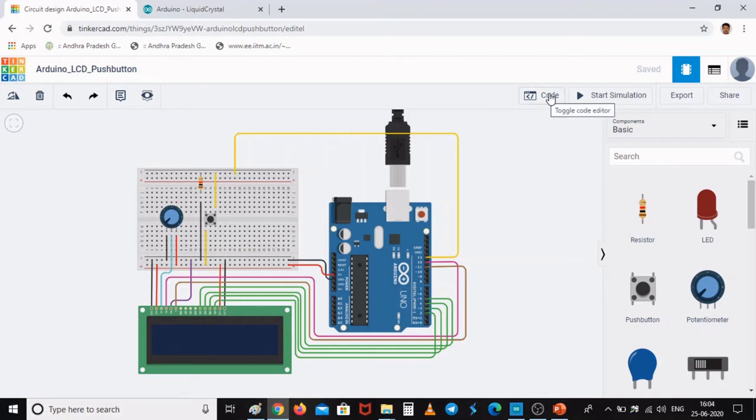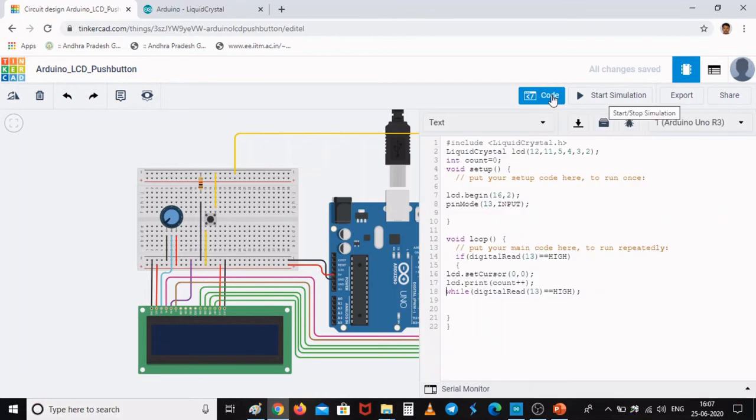Okay, so let me show you the circuit connections. Everything is the same except that this time I am using the push button. The usage of the push button was already discussed earlier when we used the push button for controlling the blinking of the tricolor LED. The same is the case here also. The only thing is that one of the legs of the push button is now connected to pin number 13. Earlier it was connected to pin number 7. That's all, that is the difference. Otherwise everything is the same. We have made use of a resistor connected to the ground.